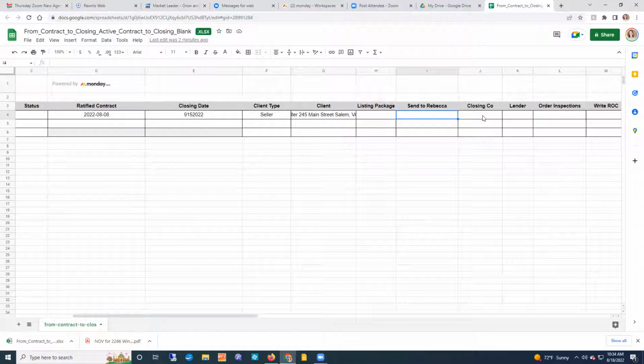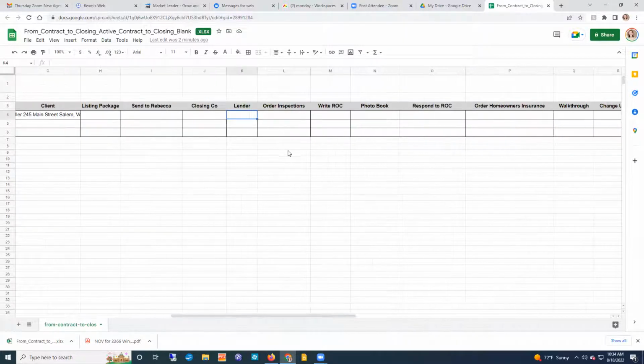So then once you've sent it to Wainwright, we're going to have the name of the closing company, the name of the lender, and perhaps I'm putting not applicable in here. If this is a seller file, maybe I'm not putting the lender info in there. If there is no lender, I may write cash in there. Now I have a spot for order inspections. Now you can go into detail in these cells, in these spots,